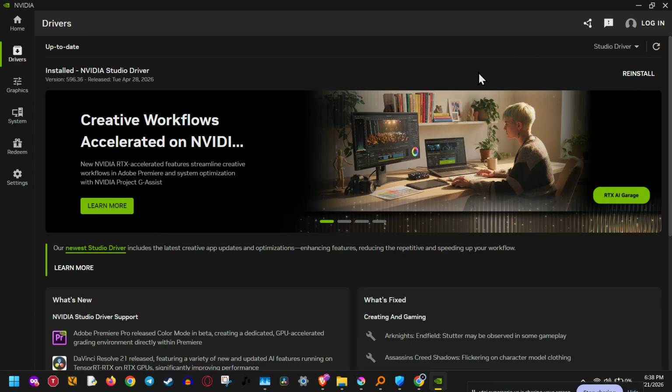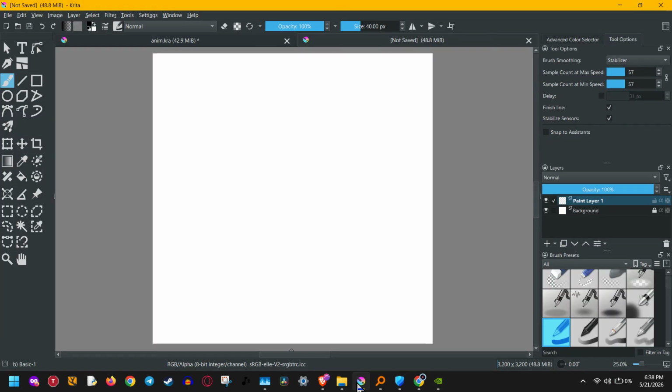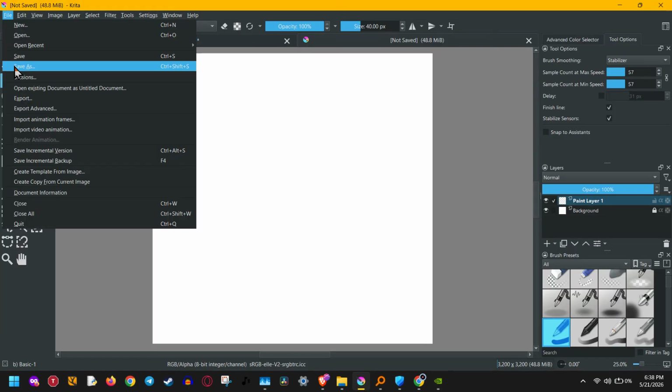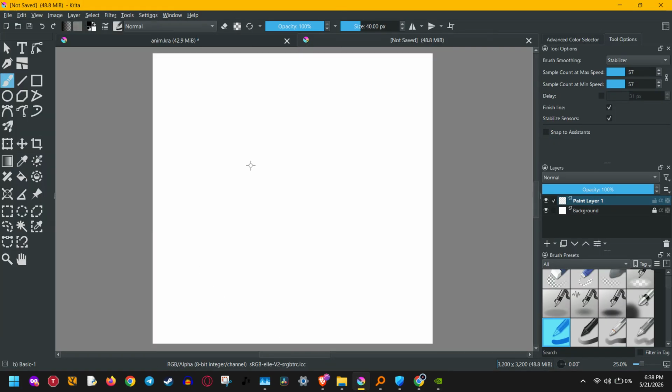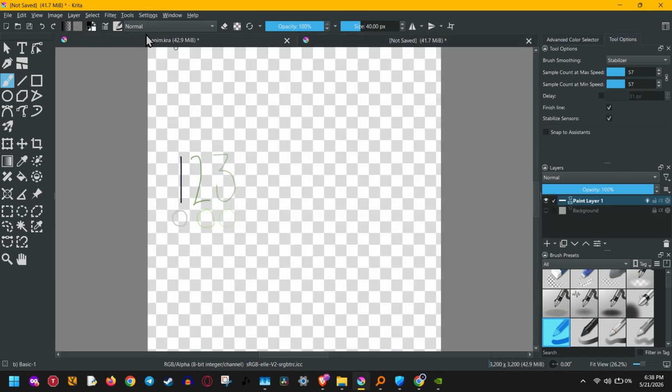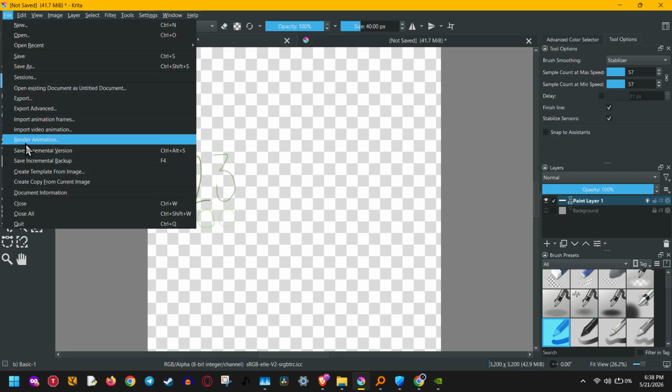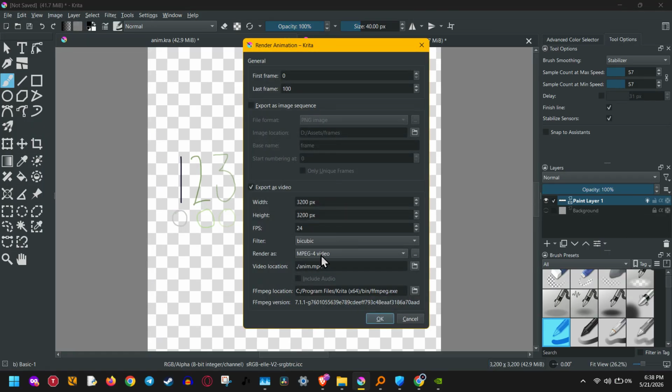If the problem happens while rendering an animation, especially when exporting to MP4, there's another simple workaround you should try. Use MKV instead. MP4 can sometimes trigger issues during rendering, while MKV is often more stable for the export process. You can always convert or re-encode later if needed, but switching the output format can save you from repeated rendering